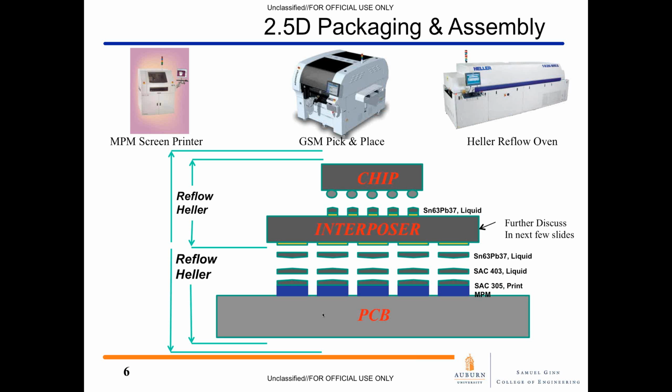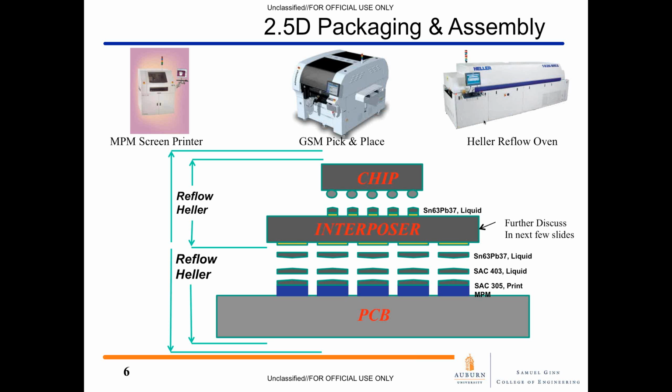At Auburn we have a lot of assembly equipment. The major pieces I'm showing here are an MCM screen printer, which typically screen prints solder paste, dielectrics, things like that onto substrates. The GSM pick and place machine will automatically, using vision and pattern recognition, take chips, chip capacitors, any kind of small component, from reels and place them very accurately onto printed circuit boards, or the interposers or MCM or SIP type substrates. And then the Heller reflow oven, the 9-zone furnace, will activate the flux and then reflow